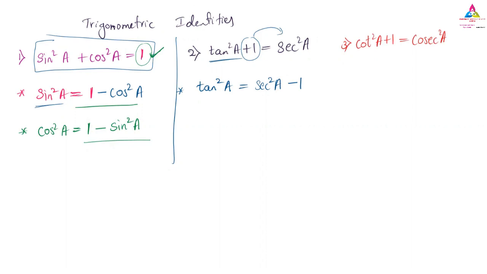So now I want the answer in terms of a constant, that is, I want to get 1 as the final answer. So I will take secant square a as it is, and shift tan square a to the other side. That will become minus tan square a. If you subtract tan square a from secant square a, you are going to get 1. And this is also very important: secant square a minus tan square a is equal to 1.